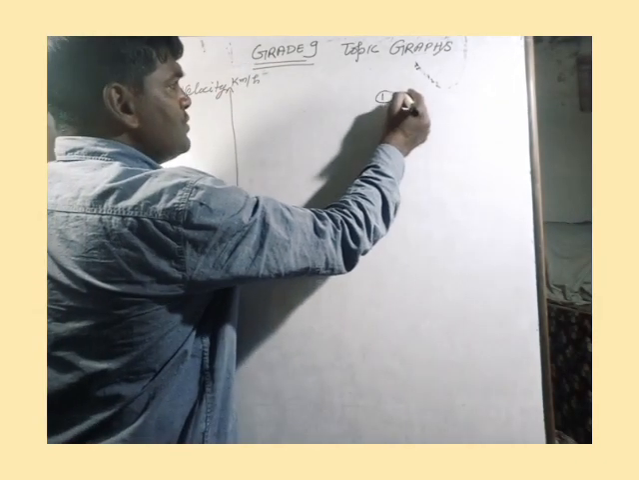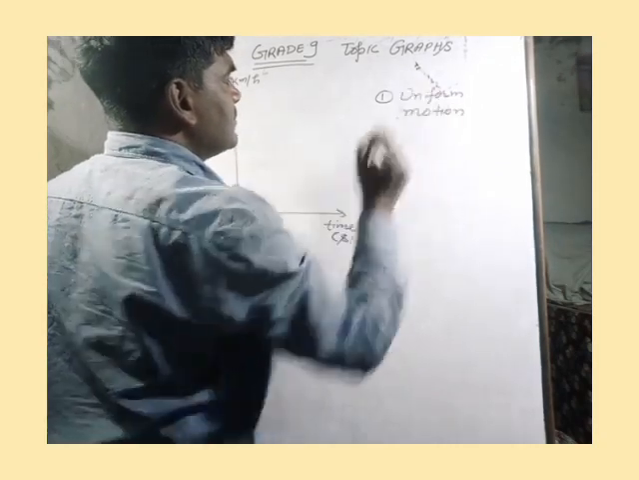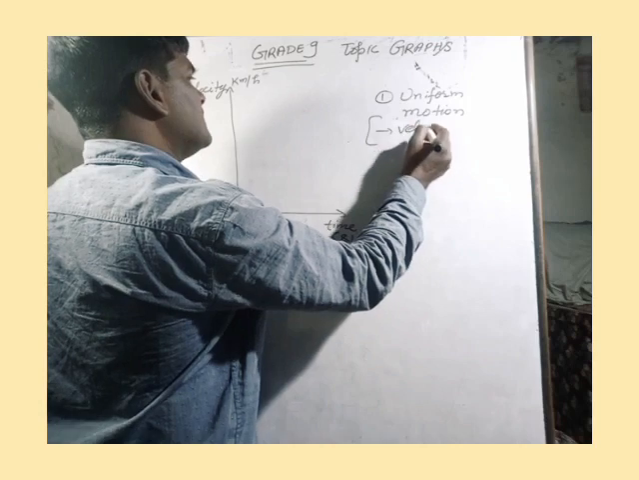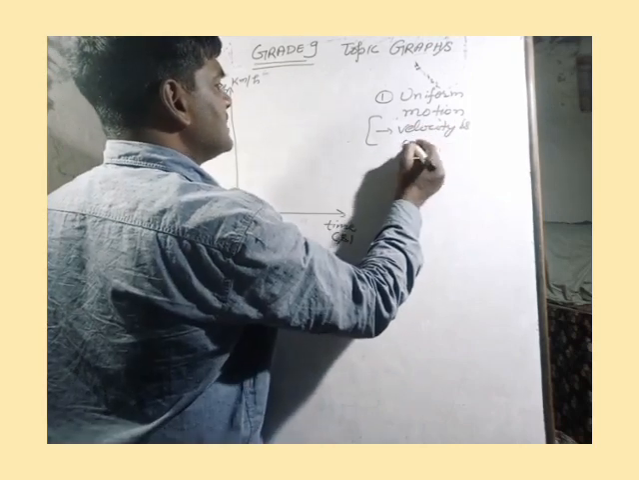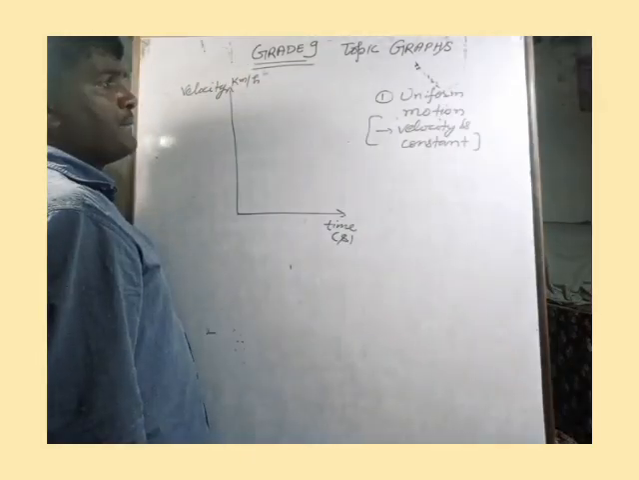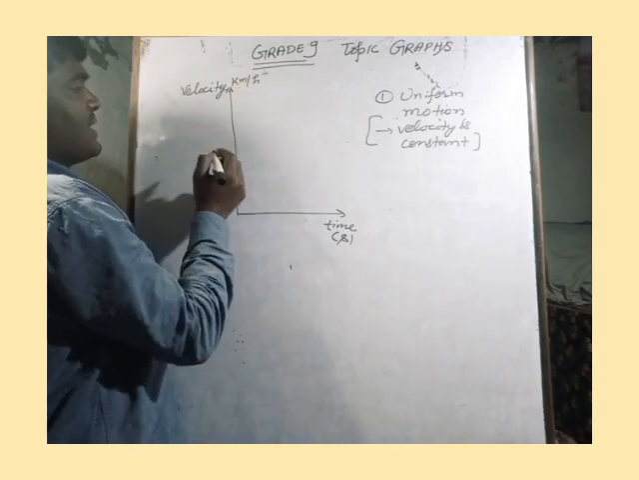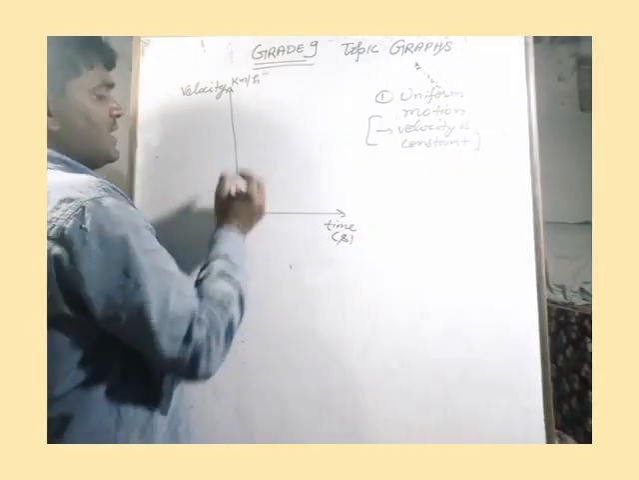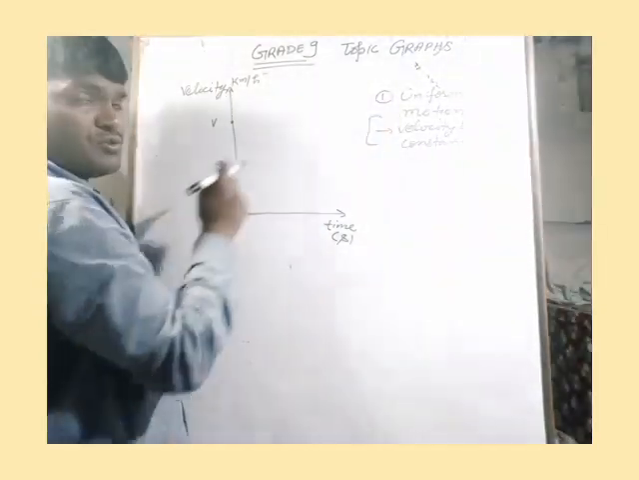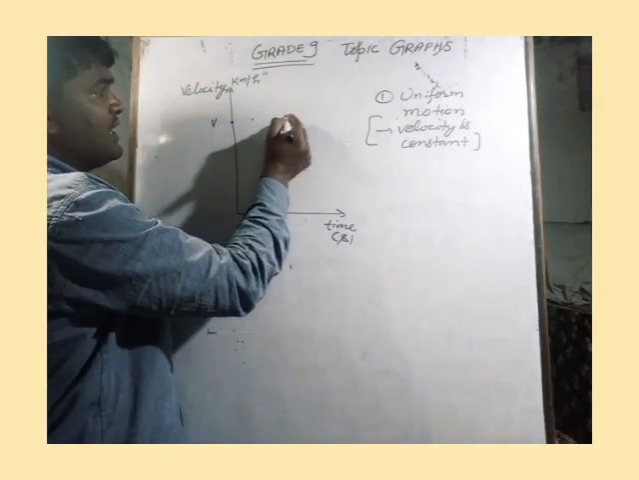So for uniform motion, once again you can say that velocity is constant. When velocity is constant, what may be there? What will be the velocity time graph? Again, let at some instant velocity was v. Since it is uniform motion, velocity is remaining constant, and the velocity time graph will be again a line